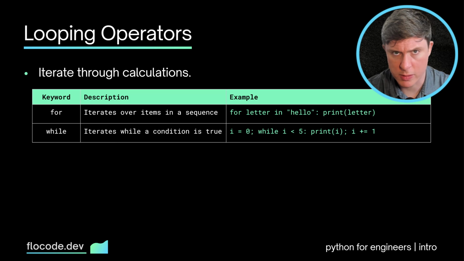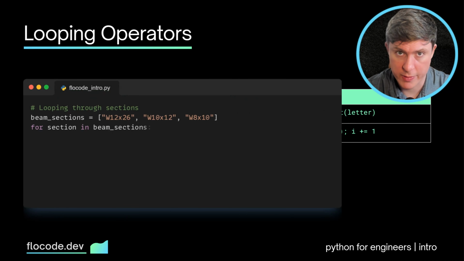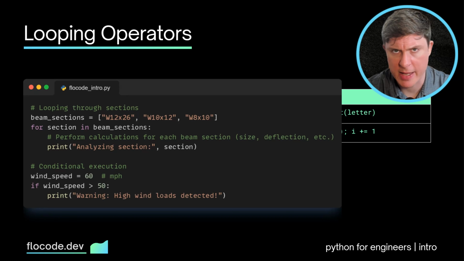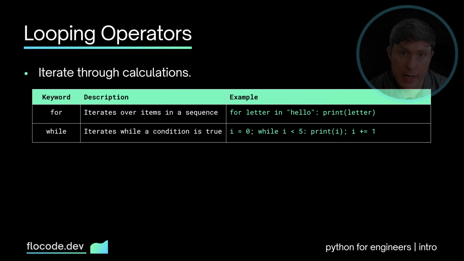Control flow tools govern the order in which Python executes its instructions. There are looping structures, which include keywords like for and while, which let you iterate through calculations for every beam in a specific frame, or to recalculate a model as design parameters change. This makes repetitive yet crucial engineering tasks far more efficient. And the ability to control execution lets you design code that aligns with how you think through your engineering problems, ultimately automating the steps to focus on the results and not the process.